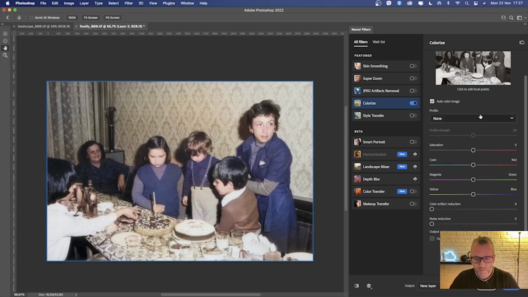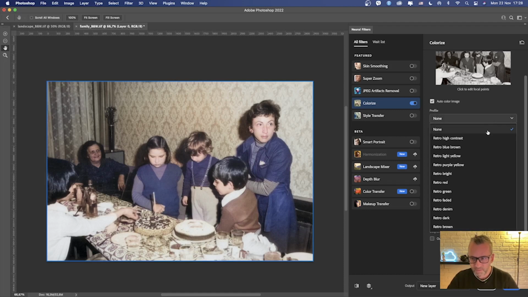So let's take a look at what's happening on the right. You can manipulate the saturation or different color values from here. You can clear color artifacts if there are, or you can apply noise reduction. Also you can choose to output the result as a new color layer.